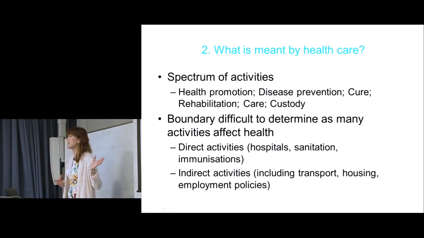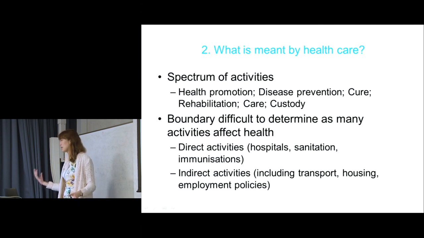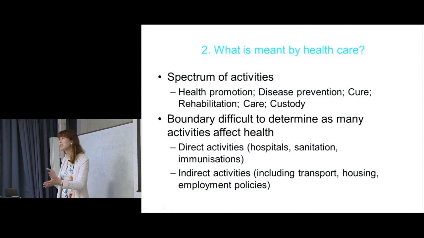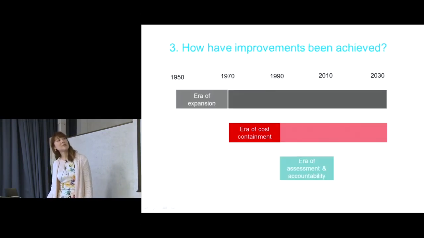Where's the boundary between a custodial sentence where you're in jail and a mental health facility where you are in a secured environment? That boundary is not clear cut, is it? There is a study somewhere that suggested that 75% of jail inmates have a dual diagnosis of a mental health condition. So, society decides these things, but where does the line fall? So, just to be mindful that it is not clear cut.